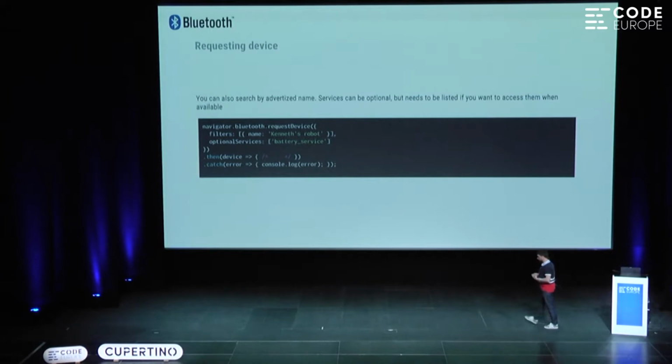But I will come back to that later, as this is using Bluetooth Low Energy, so it's using some standards for how you access things. And you have services. But you might have one device which has service A and B, and another device which only has service A. So if you only look for the first service, then you'll only be able to access service A, even if the device has service B attached. The only way to work around that is to have optional services. This means that if it's available, I will be able to connect to it.